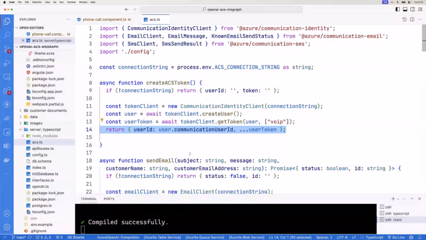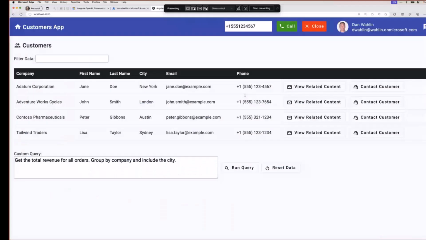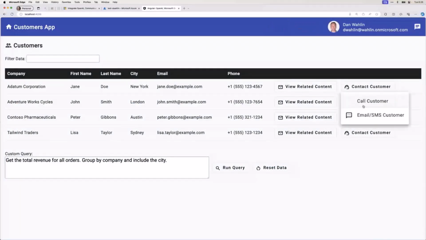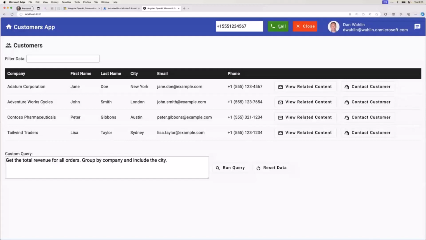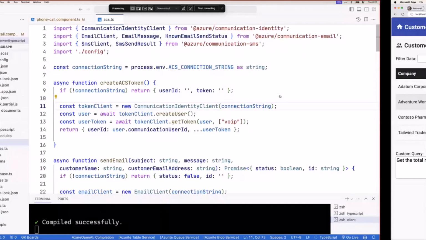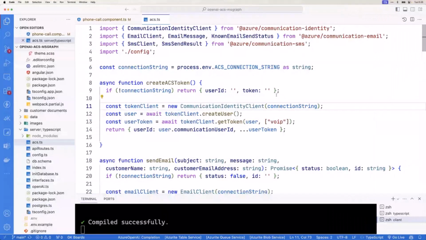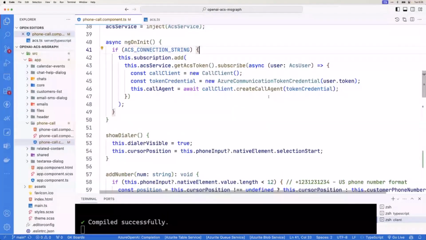All right, so that's kind of the first part of this: how do you expose the connection string in this case without the client side, say it's React or Angular or something like that, knowing about that connection string? And that's what we're going to do here. Now, to make the phone call, if I go back here, once I hit the call button, and even the hang up, once you've started, this switches to hang up, how is that actually working? Well, if we go back, it's actually really simple. In fact, I'm going to argue this is one of the more simple things you can do with it.